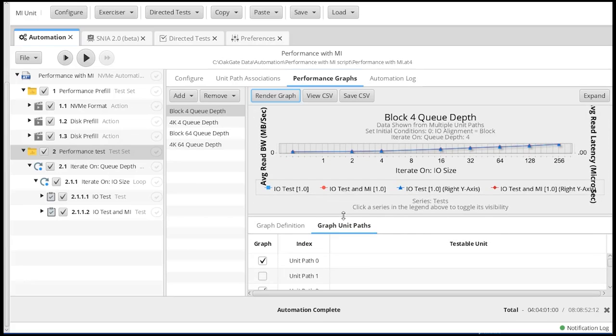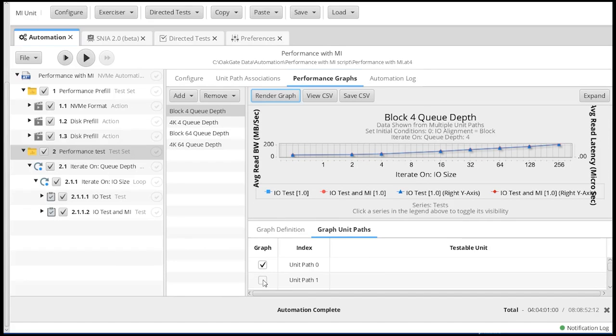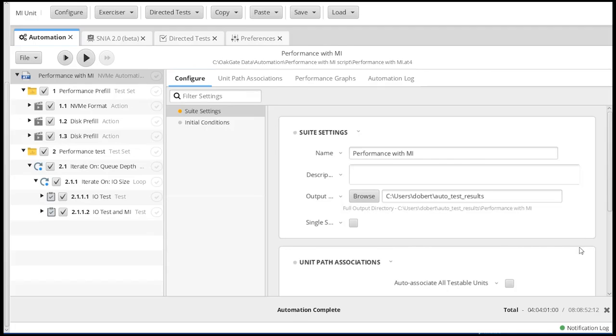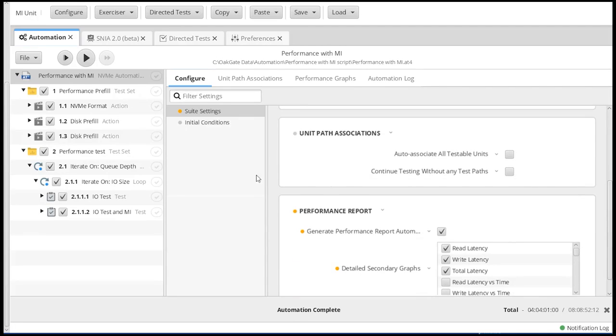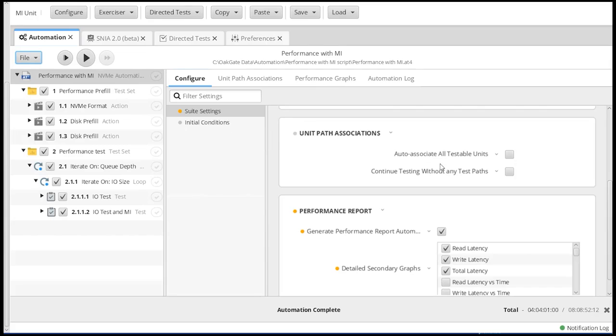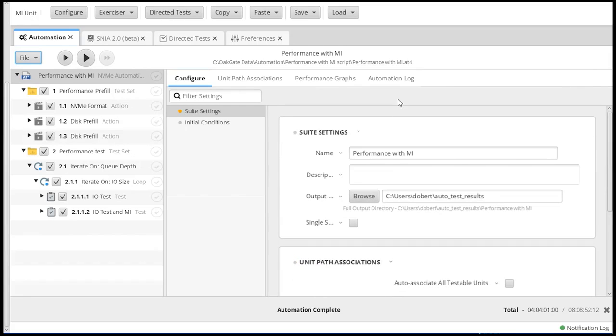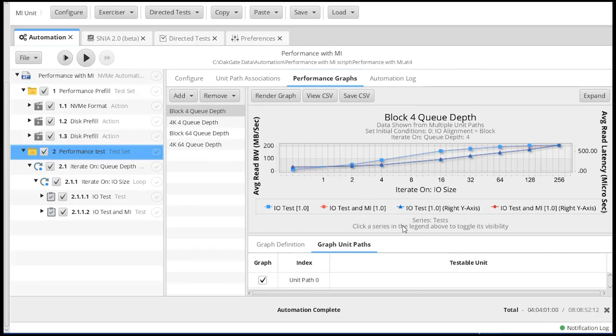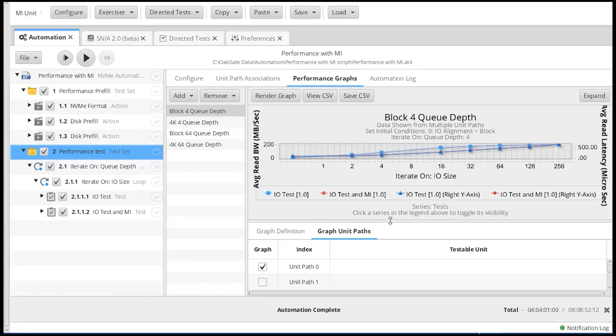If you want the automatic performance test, you need to unclick the unit path in the beginning prior to the end. Or if you forgot to do that, you can come back, unclick it at the end of your test, come back to the beginning, and then tell it at this point to go to File and Generate Performance Report. So either of those workarounds will work for you if you forgot to change the setting and went ahead and graphed it and got both unit pass, and you really only wanted one.